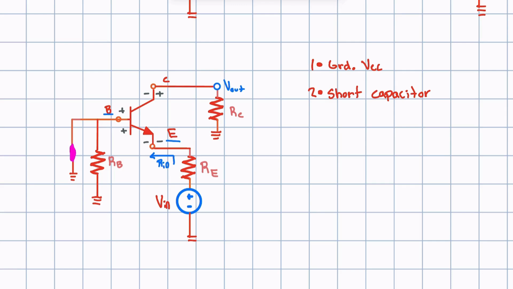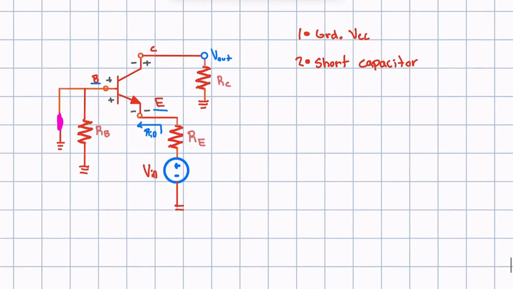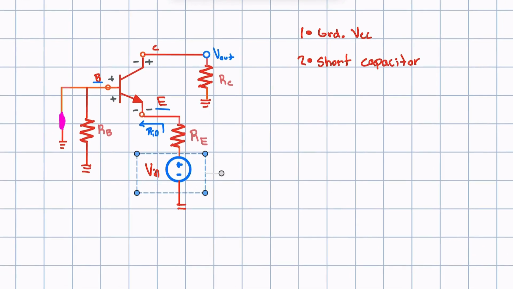So the second thing we need to know is where this input signal is. This input signal is going to imply a current in this direction. And this current is going to go through the emitter, and it's going to come out from the base. Okay. The next step is to look at where we're supposed to find our input impedance, right here where this